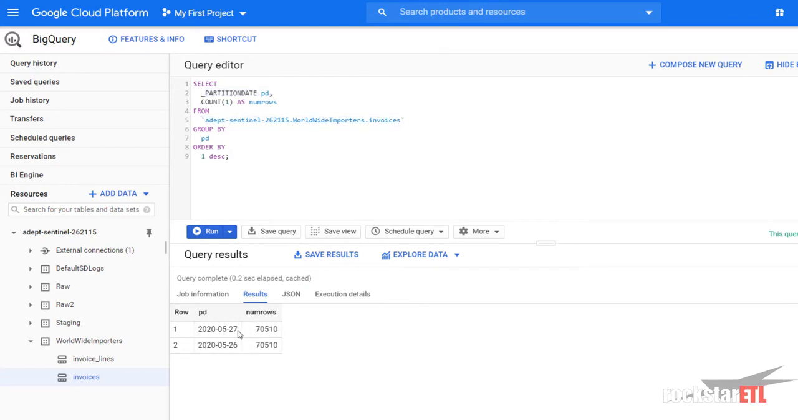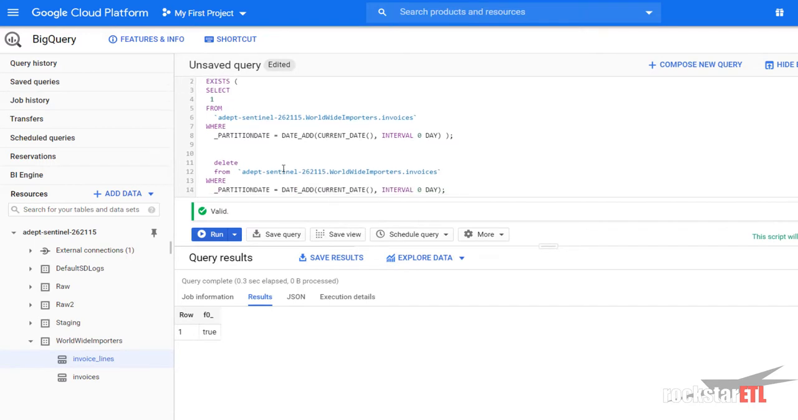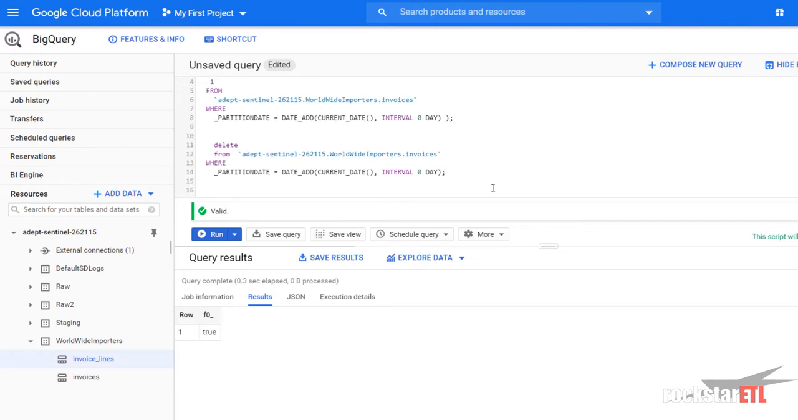Now say that we had finished our ETL and populating of our data warehouse, and we now wanted to, for example, clear out this partition. What we could do is write a delete statement to delete from today's partition where any data was found there. An alternative is we could also